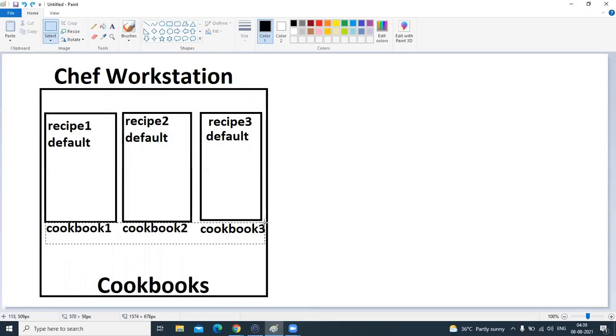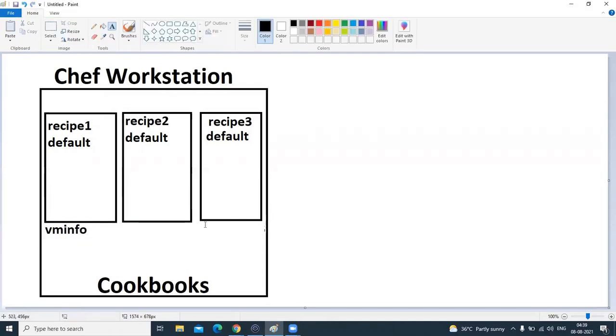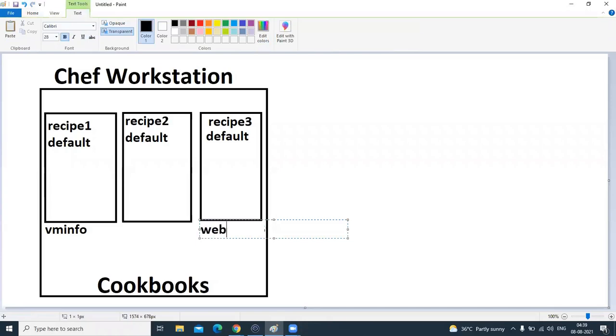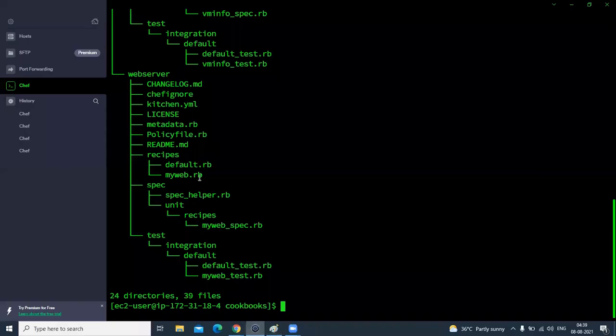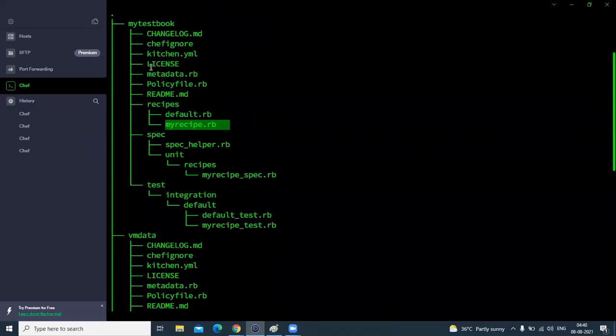Let's erase this and write here vminfo, and third is web server. Second is VM data, web server, and my test cookbook.